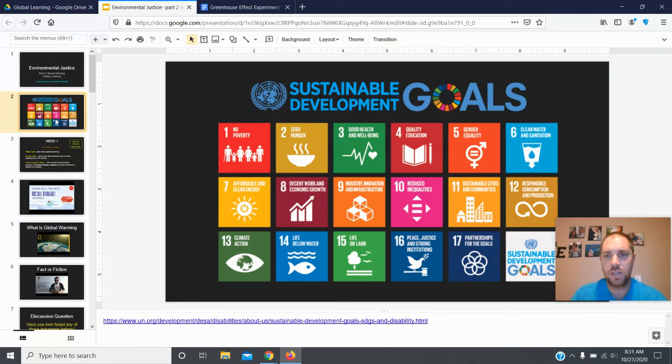It's identifying a bunch of ways that we can use global learning and look into sustainable goals for the world, like ending hunger, ending poverty, using affordable and clean energy. So far, we've already looked at number 13, looking at the climate. Number 14, looking at the water, and even 15, life on land.